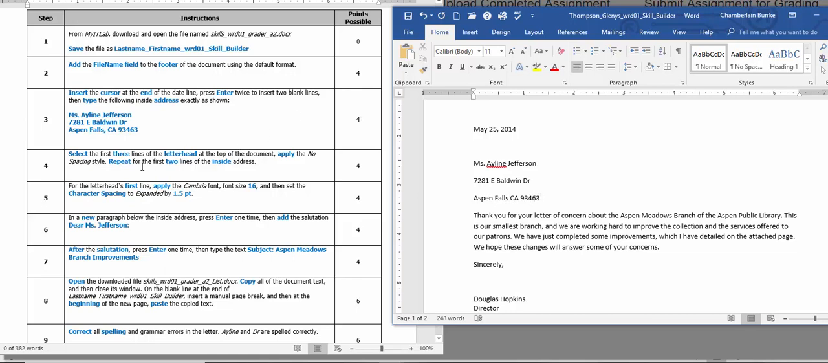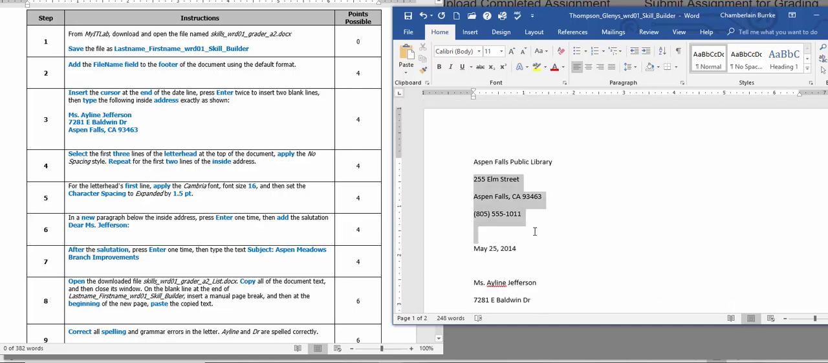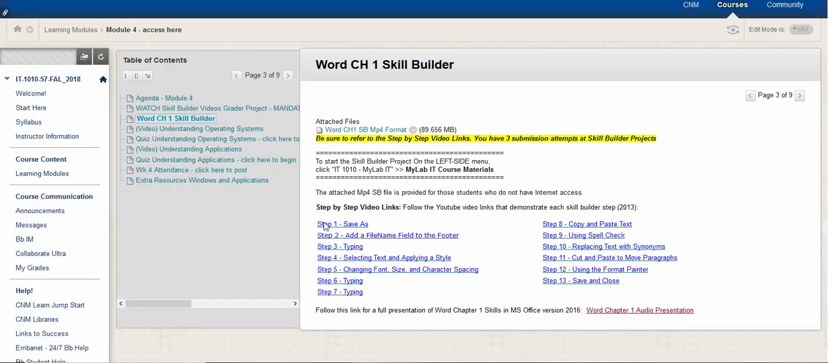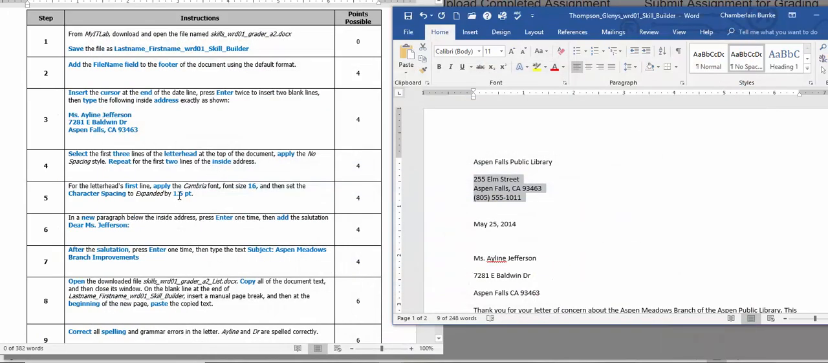Then select the first 3 lines of the letterhead at the top. That's this, the first 3 lines. Apply the no spacing style, so that's right here. You see? See what you have to do? All right. So each of those videos are going to show you what you need to do, and how to close it and how to do it. So when you're done